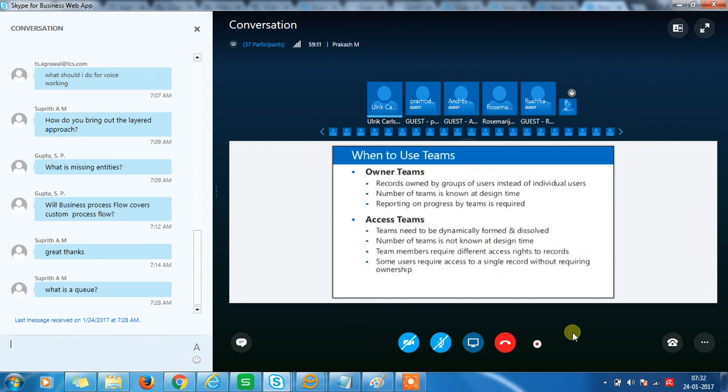So let's try and sum up some of those changes there. The owner teams means that when a record is owned by a group of users instead of just an individual user, generally it's good to know the number of teams, or at least be close to the number of teams at the same time. And of course, when you need to report on progress by teams. So when you have a defined group of people, that's when you want to use the owner teams, and they need to own records, and you can take advantage of sharing records with the teams, having security roles on the team, the fact that they can own those records, and you can use it in your statistics,